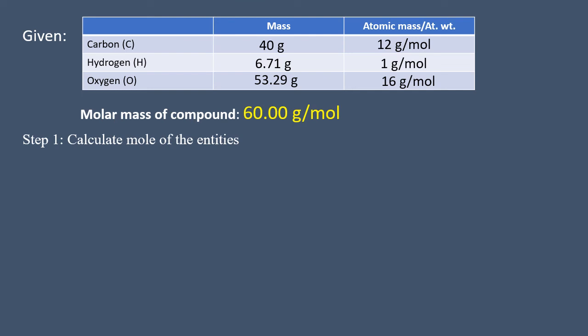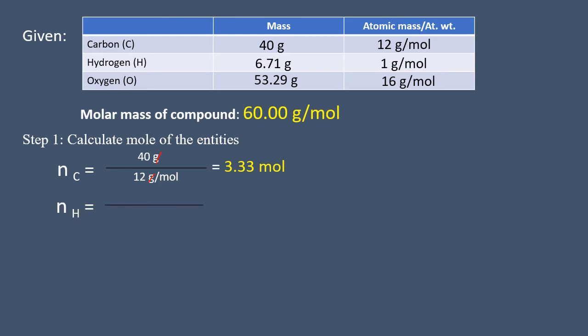Calculate mole of the entities. To calculate the mole of the entities, just simply divide the given mass with its atomic mass. So for the number of mole of carbon, the mass of carbon is 40 gram divided by 12 gram per mole, which is the atomic mass. Here you can now cancel gram together, and the answer is